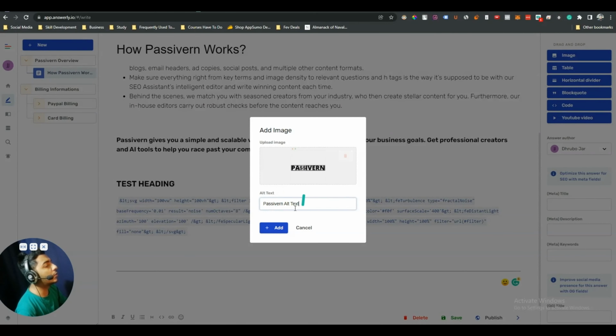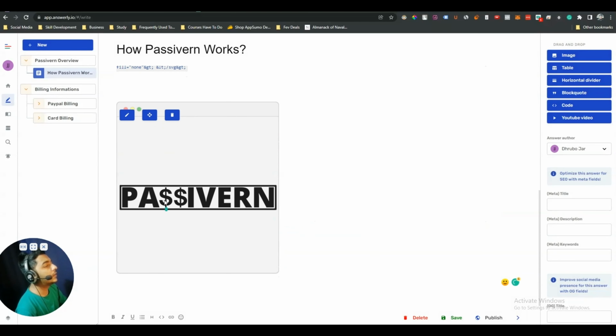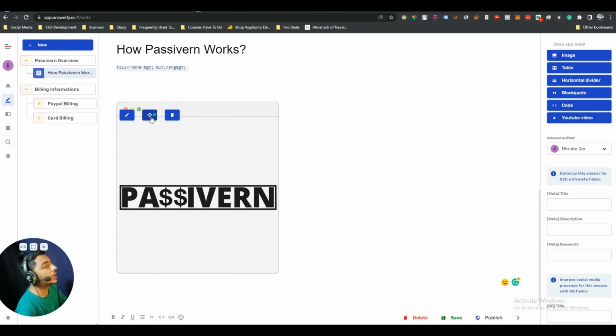After adding your logo and alt text, just click on add. Then you will see your logo has been added here. You can edit the image, and you can also